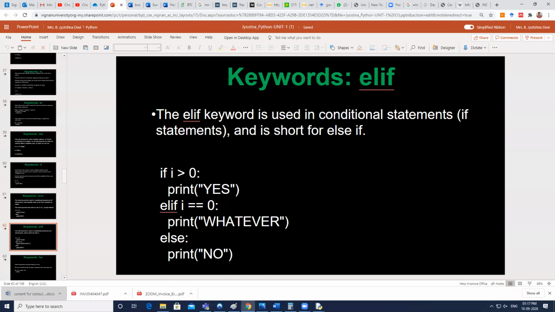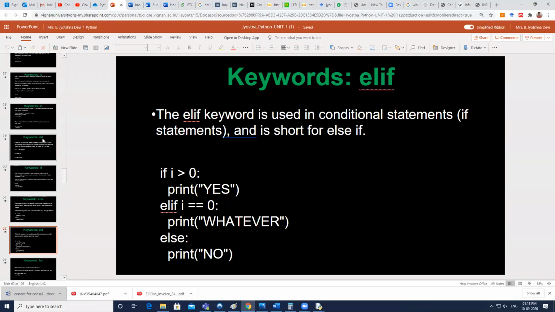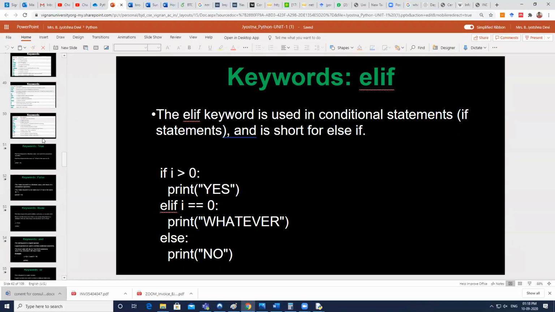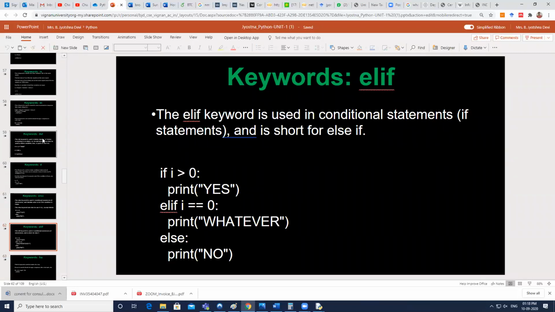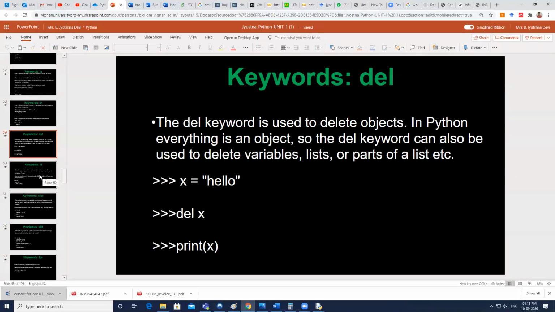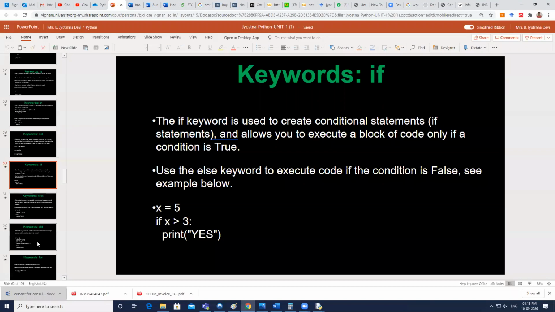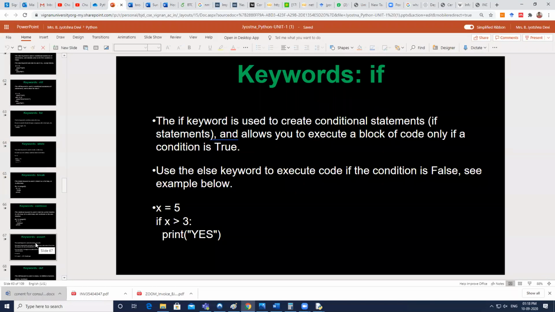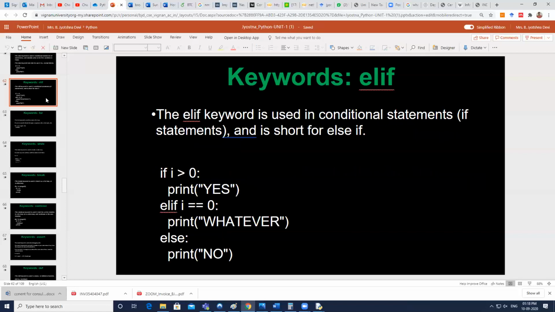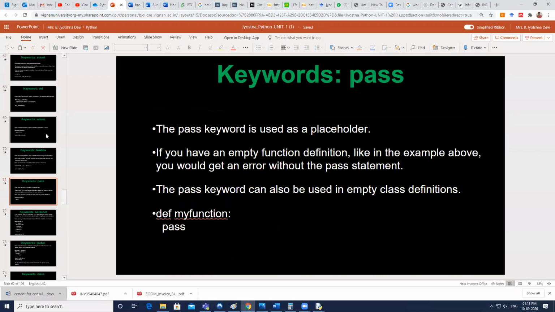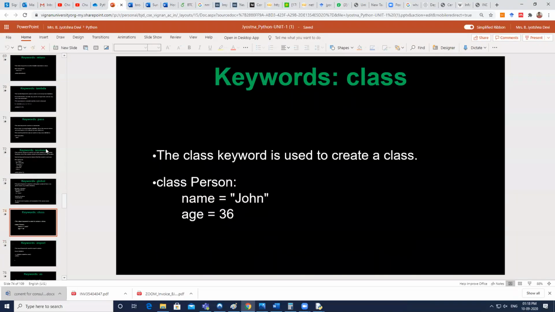There is another keyword, or shall I stop this? I need to look into the organizing details, and I'm getting late. I've already taken more time, so I'll continue the discussion in the next class. In today's class we have seen some keywords, and all of you please practice the examples I've shown so you are comfortable with them. That will make it easy in the later chapters. The remaining keywords we'll discuss in the next classes.